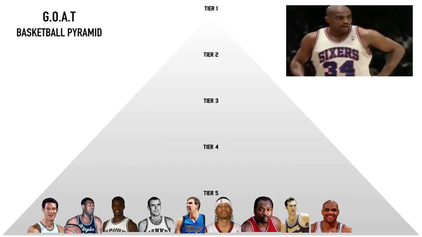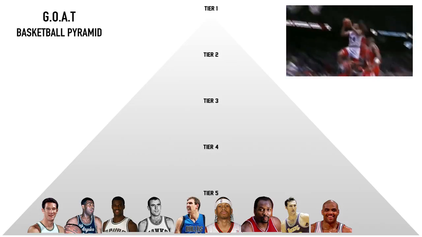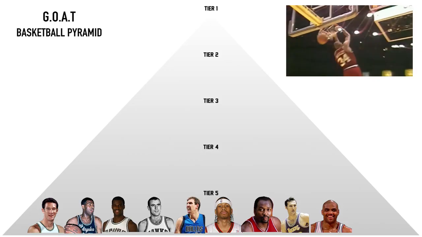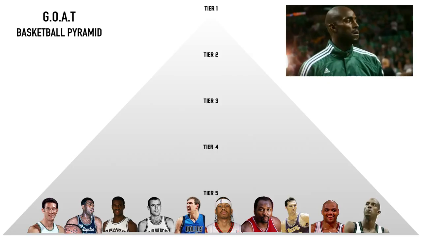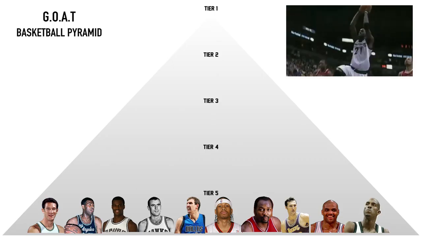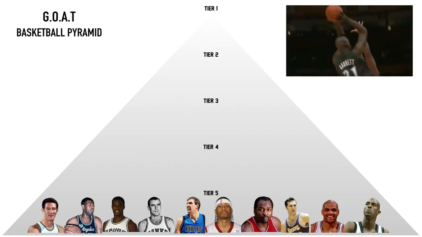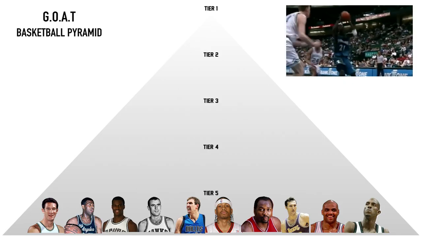Next, we have Charles Barkley. I don't think Charles' spot on this pyramid needs much of an explanation. Incredible player, MVP winner, would definitely be a lot higher if he had more playoff success. And rounding out tier 5 is Kevin Garnett. 15-time All-Star, League MVP, one of the best defensive big men of all time, and a 4-time rebounding leader. KG really set the stage for future, mobile, athletic stretch 4s.